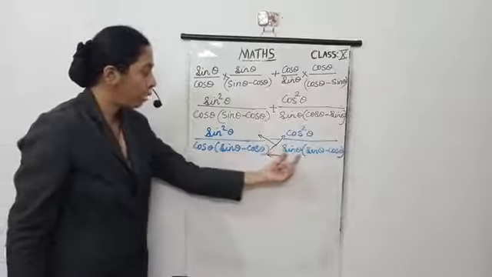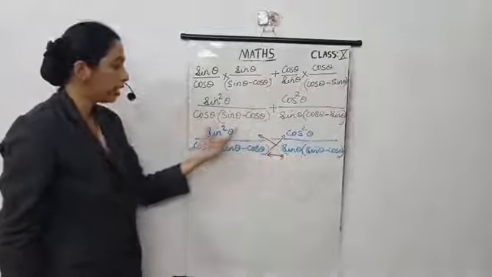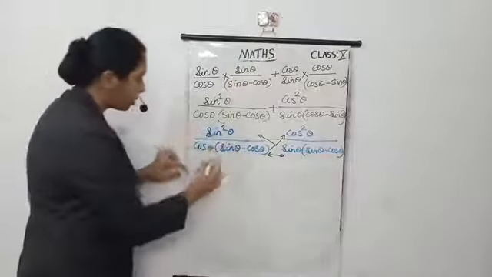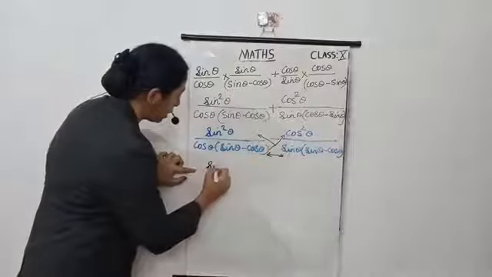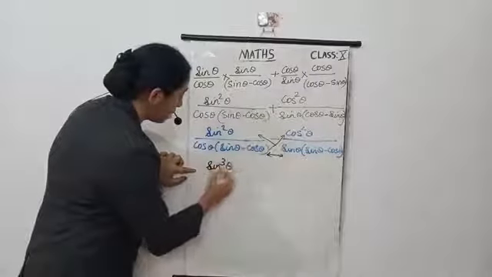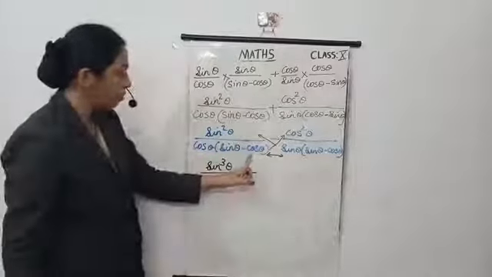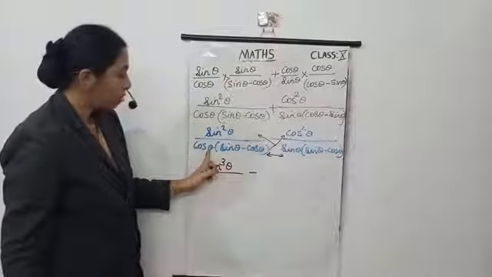That's why we multiply with this sin theta into sin square theta. Okay, understand? So sin square theta into sin theta, we get sin cube theta minus,